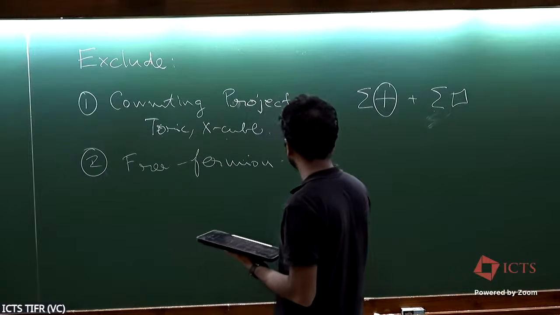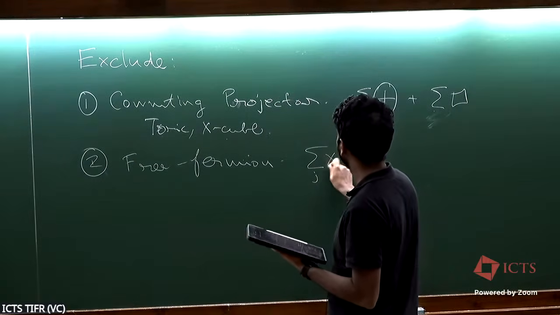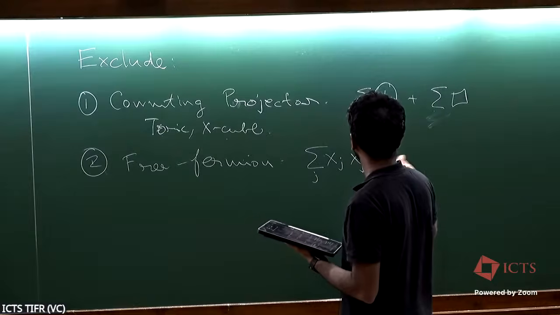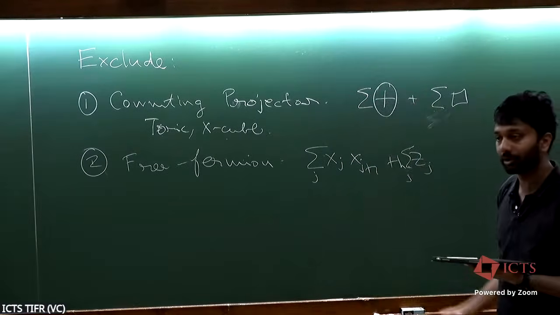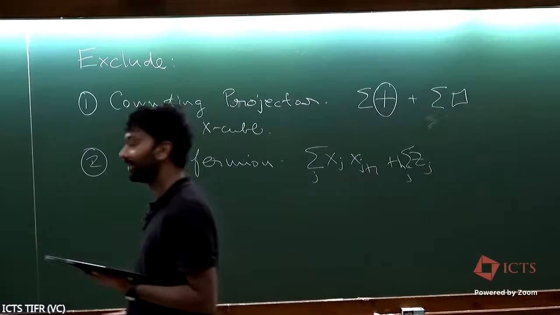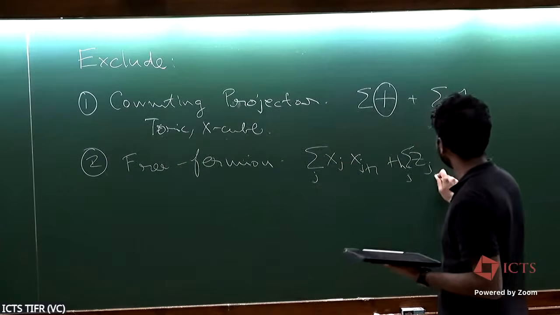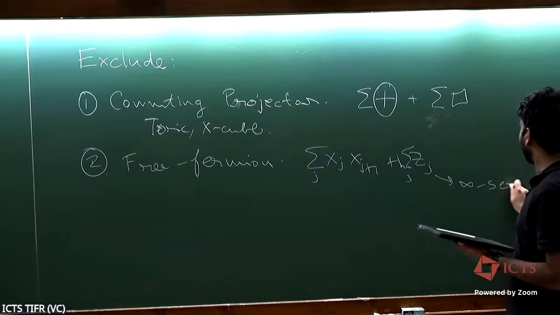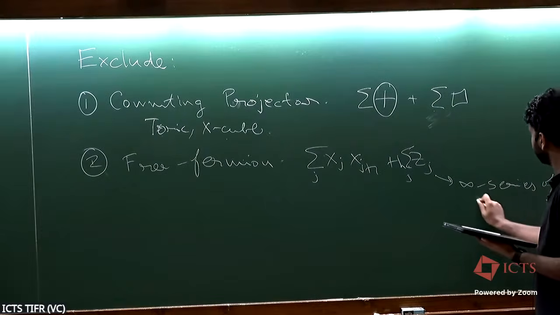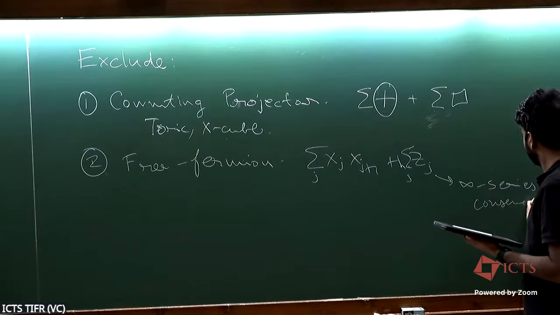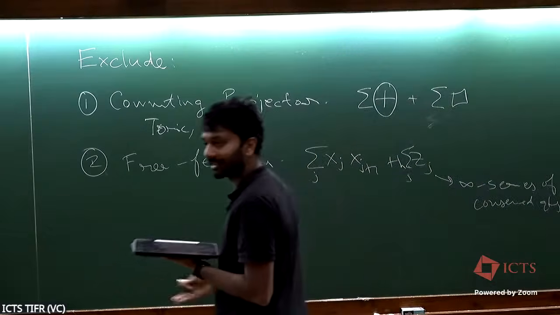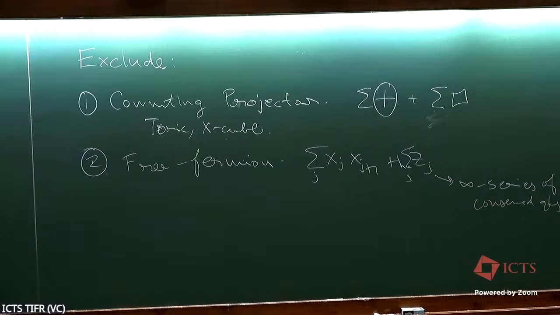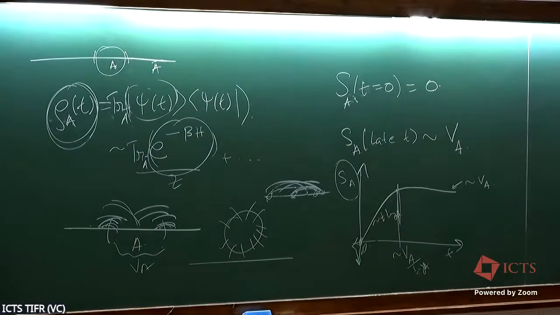We should also exclude free fermion models or things that can be mapped to free fermions, which are things like the Ising model, X_j X_{j+1} plus Z_j. These have a free fermion solution, and again, that leads to an infinite series of conserved quantities, which, I mean, you can study thermalization of these systems, but then you need to modify things like e to the minus beta H to include all of these extra conserved quantities.